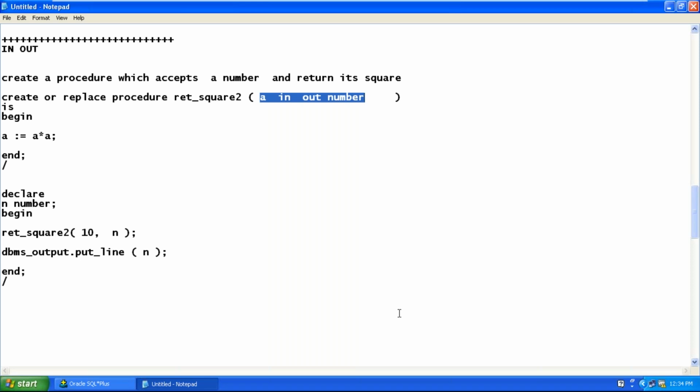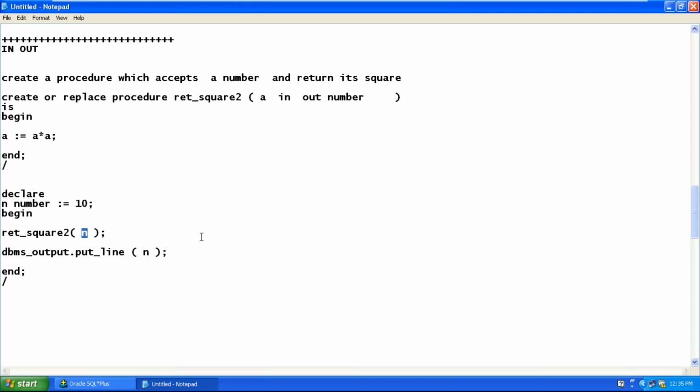So how to do it? Whenever you have an in parameter, what value do you want to pass? You want to pass a value 10 to the procedure, isn't it? Whenever you want to pass a value, first you initialize that value into a local variable. Mention n here. When you mention n, indirectly what value are you passing?